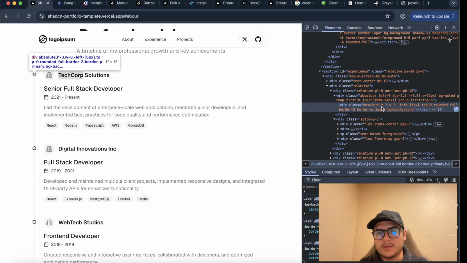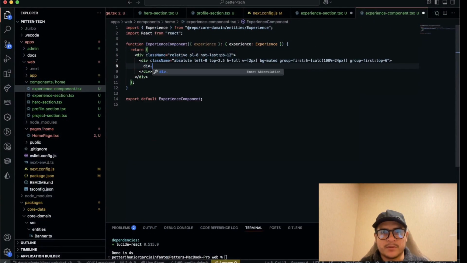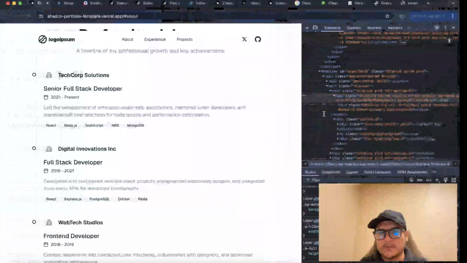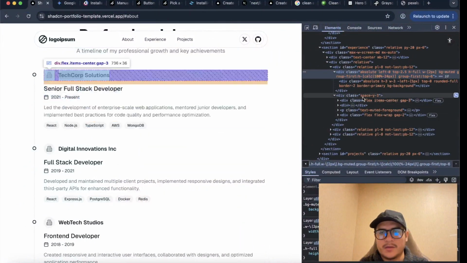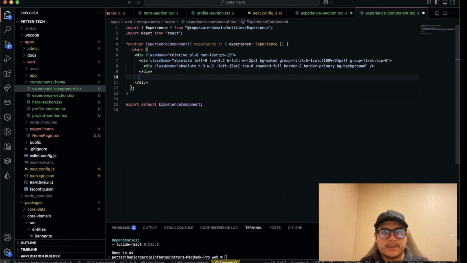This div is the line, and inside the line we have this button, this circle, and this circle is going to be like that. And before we have this space X, which is a div also,